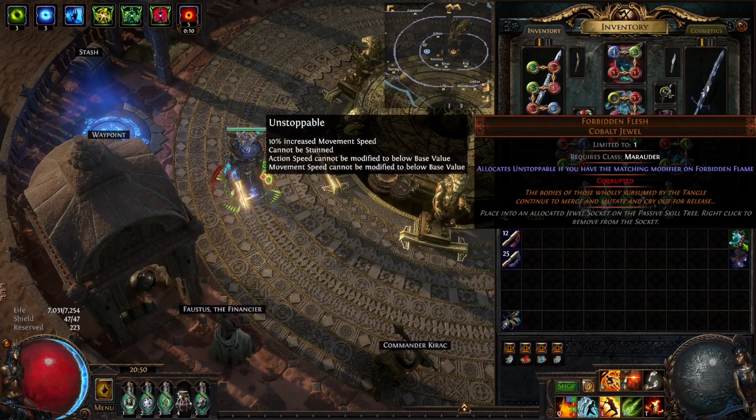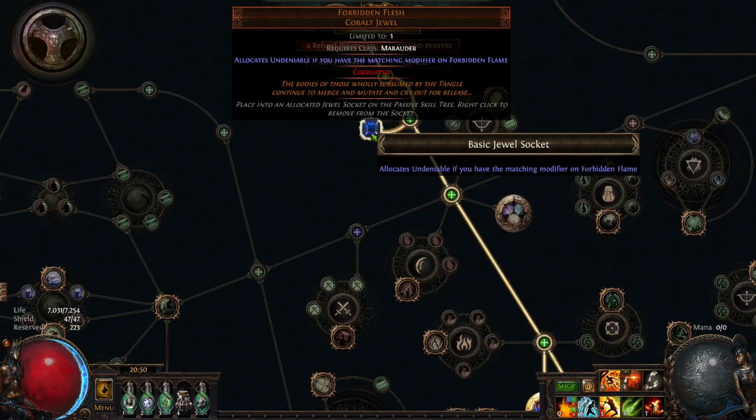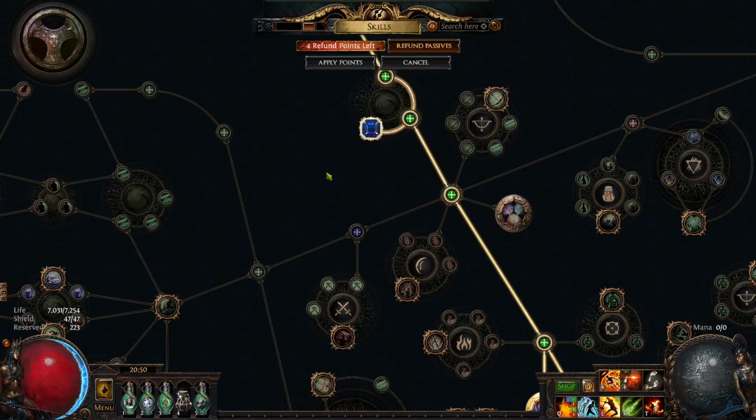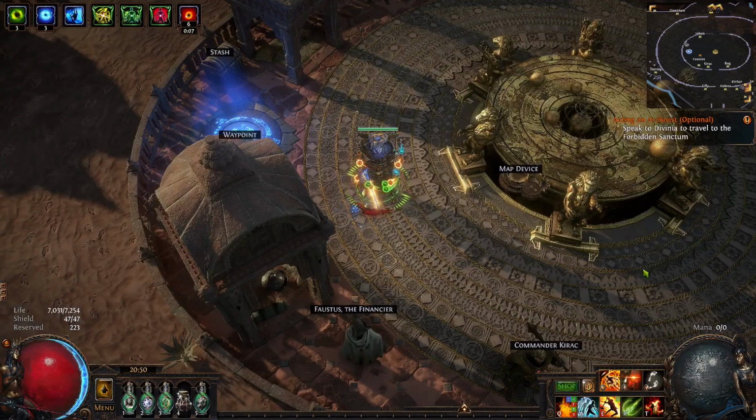And one final thing to note is here I have 2 additional Forbidden Flame and Flesh Jewels. So actually on the tree I'm currently using the ones from the Juggernaut that give Undeniable, just for more attack speed through the accuracy stacking. But